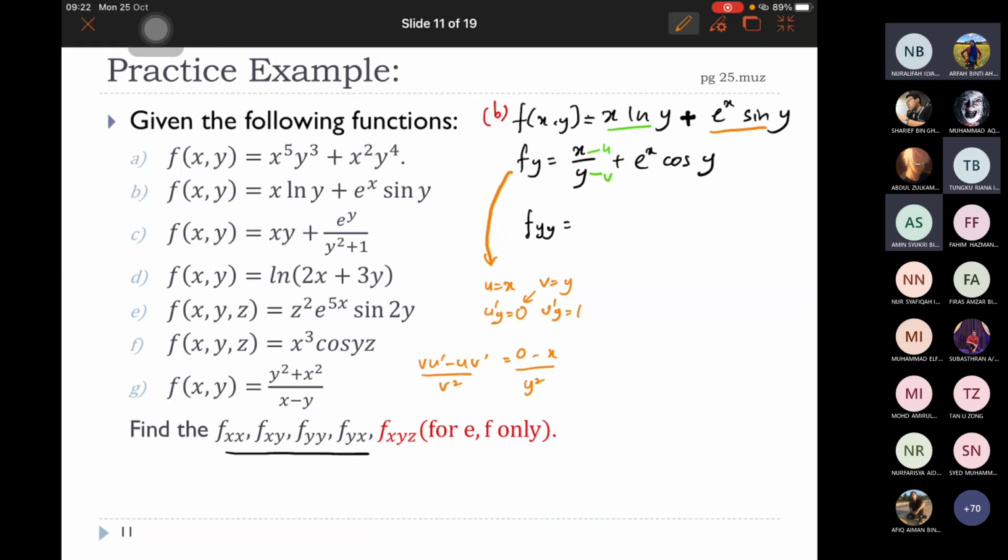okay. Untuk the second term, sama juga U awak akan sama dengan exponential X, U prime X equal to U prime Y, kosong. V sama dengan cos Y, V prime Y equal to negative sin Y. Okay. Negative sin Y. So, U V prime plus V U prime. So, yang ini akan dapat, dia punya hasil dia adalah negative X over Y squared tolak exponential X sin Y. Dapat